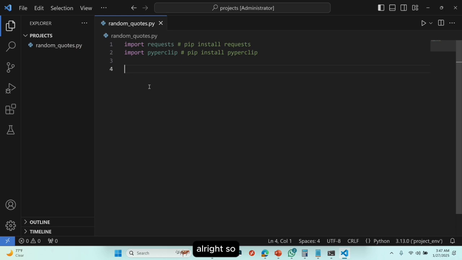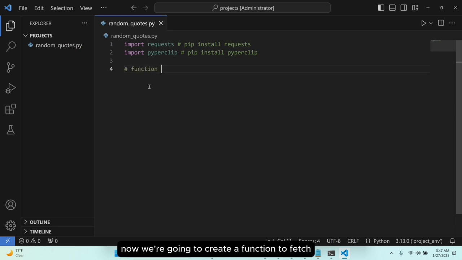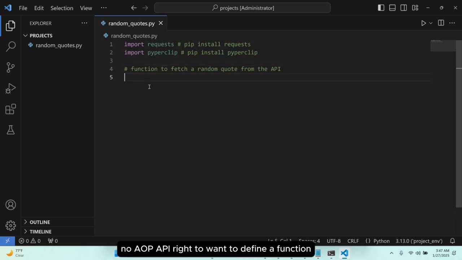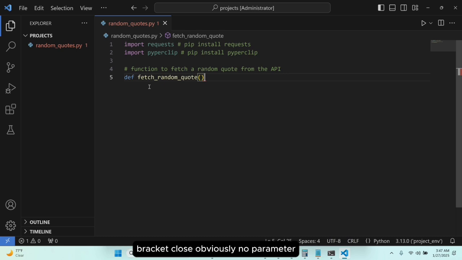All right. So now we're going to create a function to fetch random quotes from the API. So, function to fetch a random quote from the API. We're going to define a function and start with def, and then we're going to call this fetch_random_quotes, then brackets, open and close, obviously no parameter, and then we're going to indent this and start with